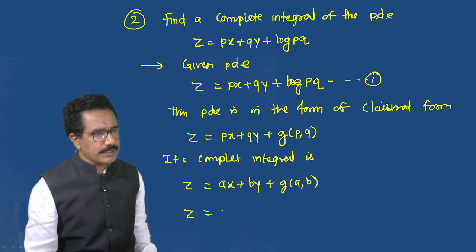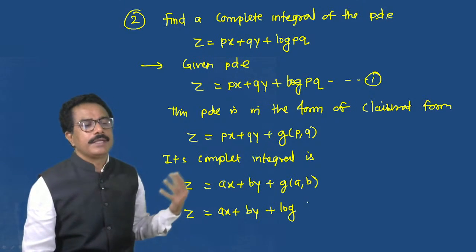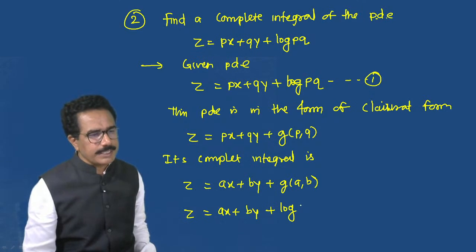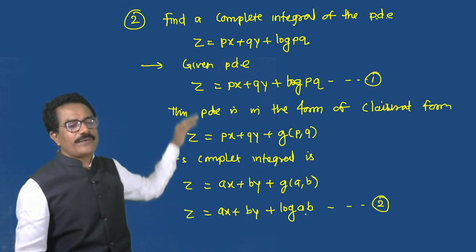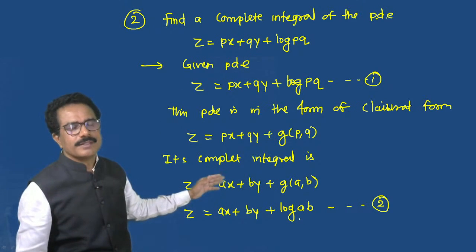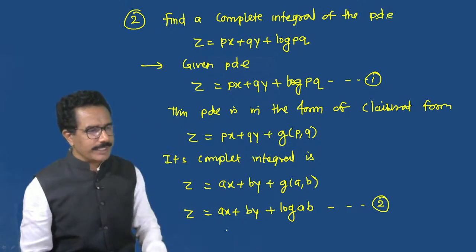So z equals ax plus by plus log of a comma b, that is written as ab. So this can be written as a second. So from 1 and 2, we can write